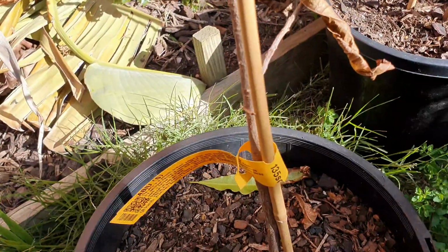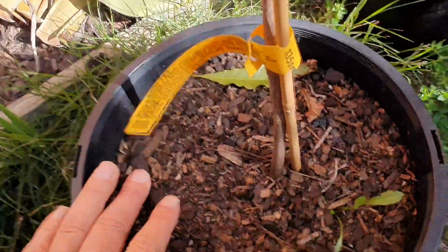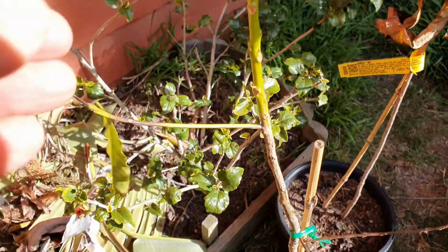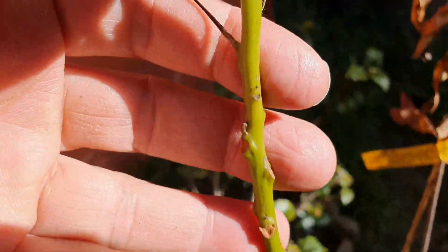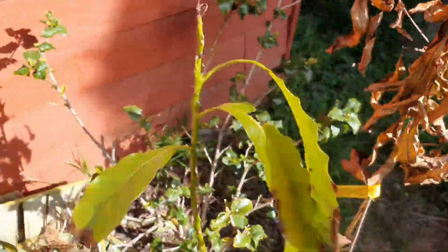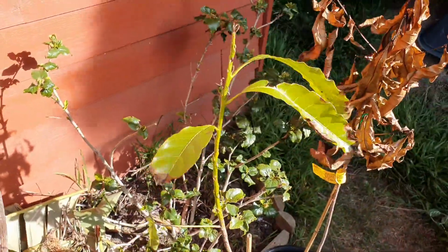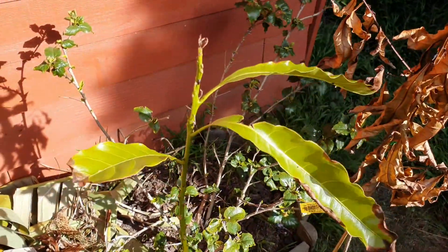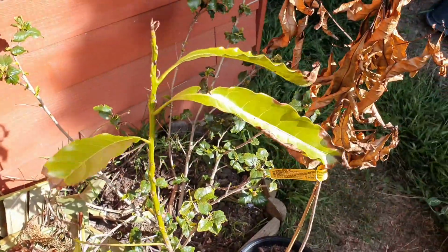This one's gonna get a 5. A 5 for surviving, and a 5 because it's green. The stem is green all the way to the top. And it's got 3 leaves. Maybe a 6, but it gets a C. A C, not a B. And finally, guys,